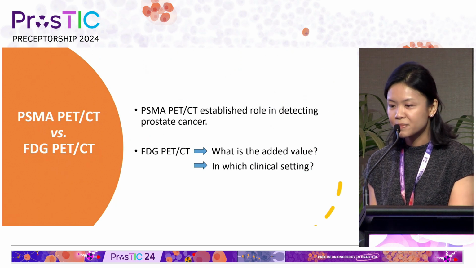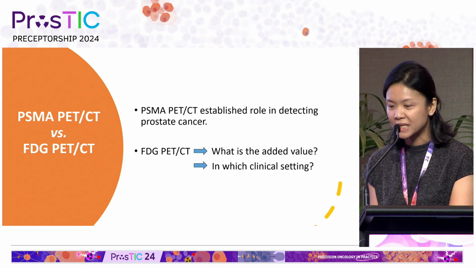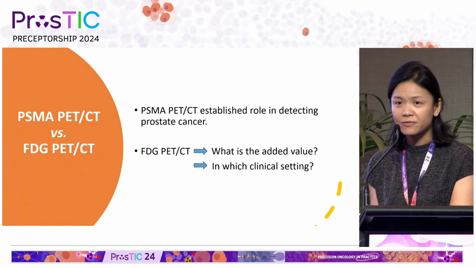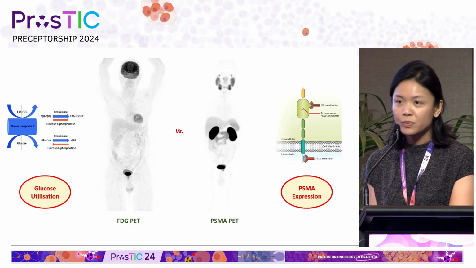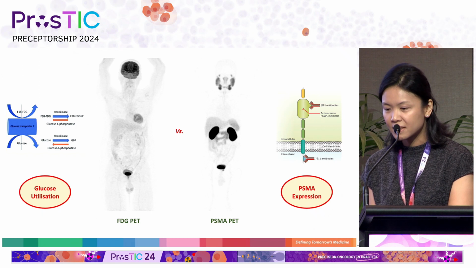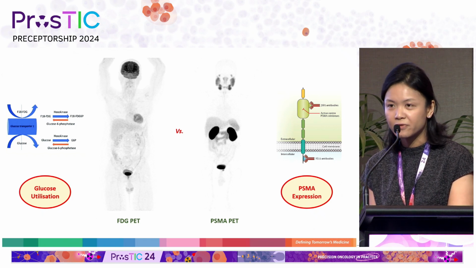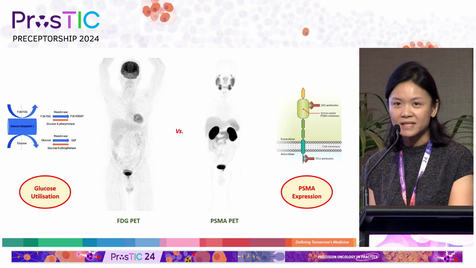Okay, so we have heard this morning how PSMA PET is very good in detecting prostate cancer. So what really is the added value of FDG PET, and in which clinical setting will it benefit patients? We're comparing very different mechanisms here, FDG PET versus PSMA PET. FDG stands for fluorodeoxyglucose, is a sugar analog, and is looking at glucose utilization compared to PSMA PET on